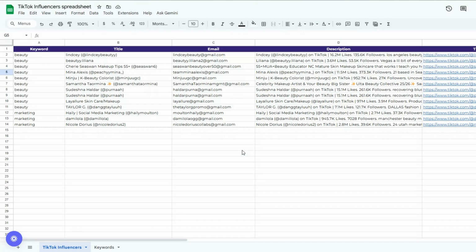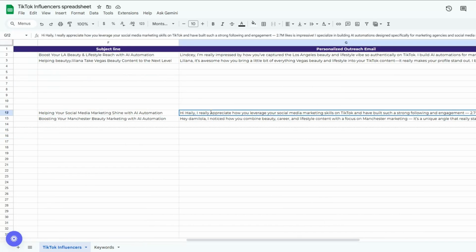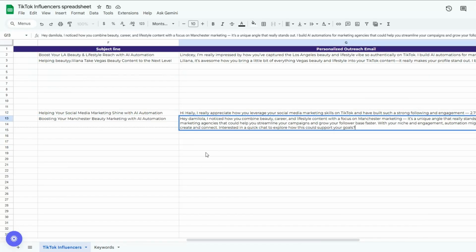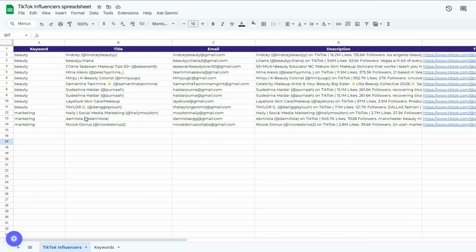I open our spreadsheet. Here, you can see we added our 3 influencers over here. So we added the keyword that we used to scrape the influencers. We used the marketing keyword. And here we added the title, the email address, description, and the TikTok profile URLs over here. And then we also updated the leads with the personalized subject line and email bodies that we generated for two of our leads over here. You can see the personalized subject line and email bodies that we generated for our 2 leads over here, Haley